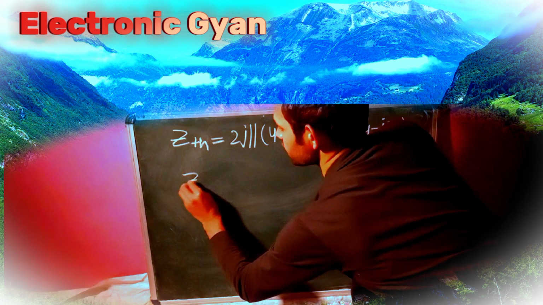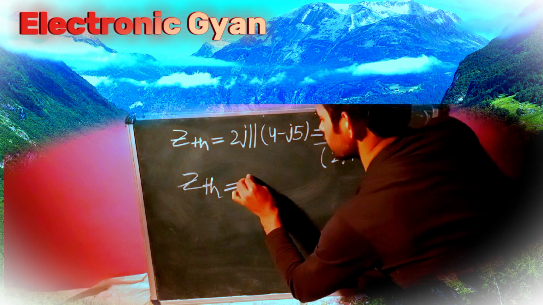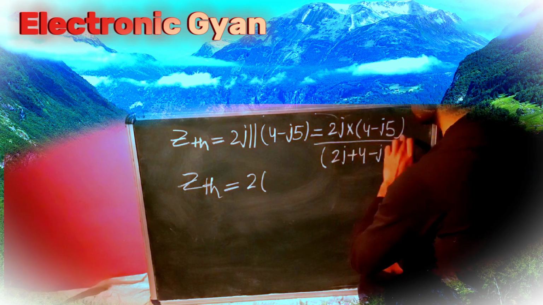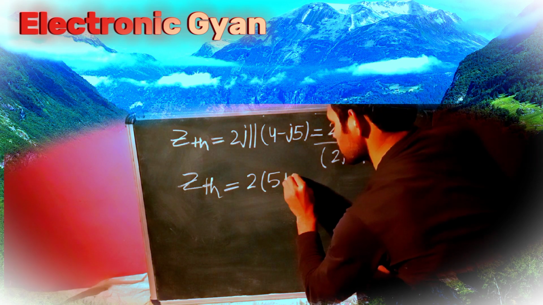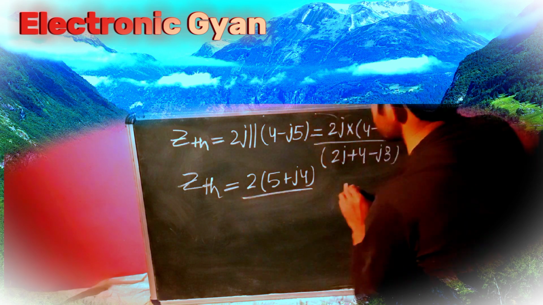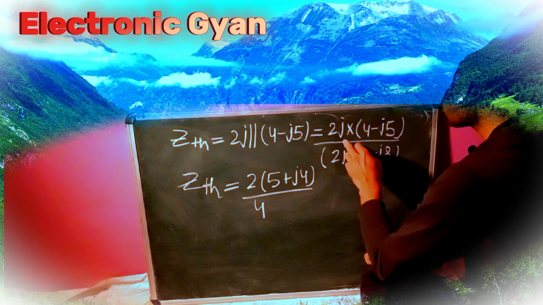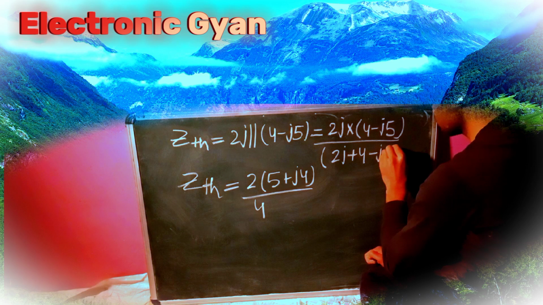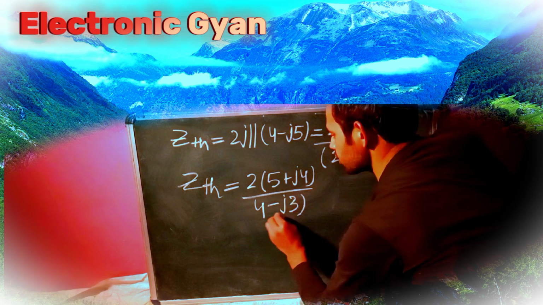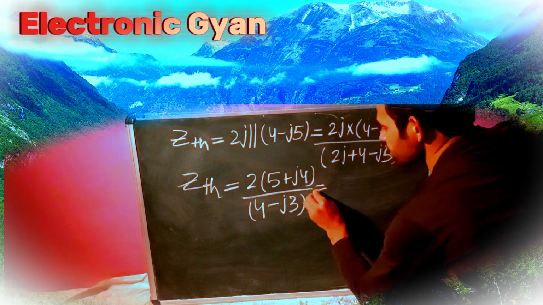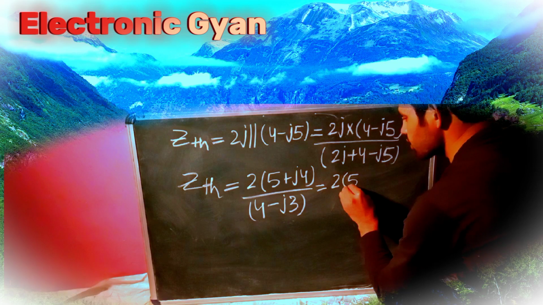Okay, so then what we will get here, ZTH will be equal to 2, take j outside, take this inside, what we will get, plus j4. This is 5 plus j4, divided by how much? This is 4, 2j, this is 5, actually, 2 minus 5 is 3, so this is 4 minus j3. Okay, so now see here, further simplifying this, now rationalize, after rationalizing, what we will get,